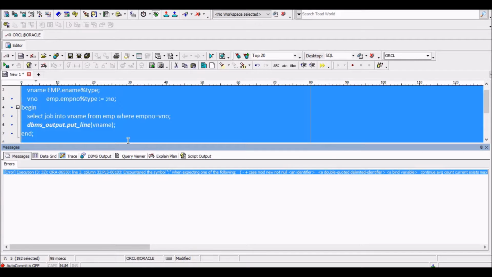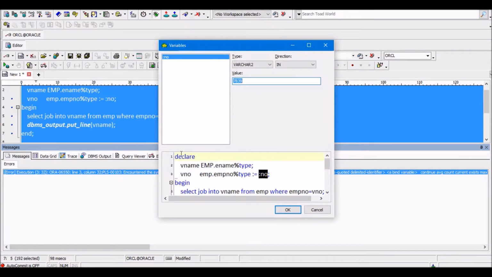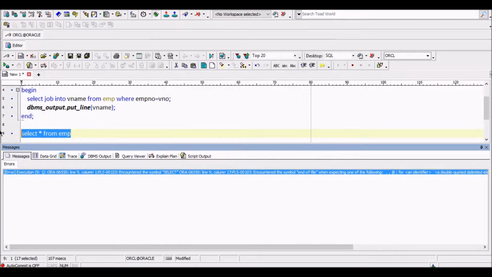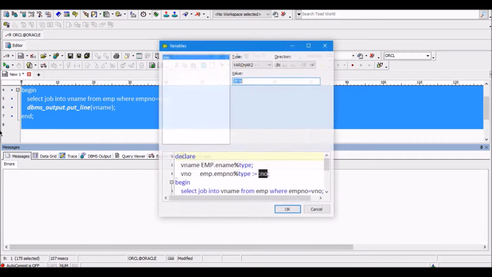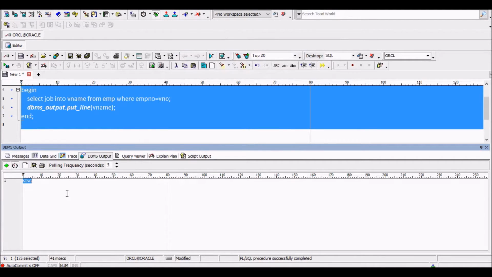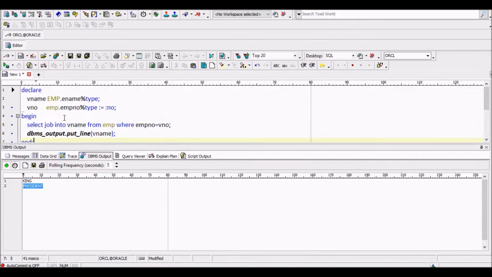I have made a space over there, that's why it is showing an error. See now, PL/SQL procedure successfully completed. See now it is displayed as president. So percentage type is just for the extraction of the data type.